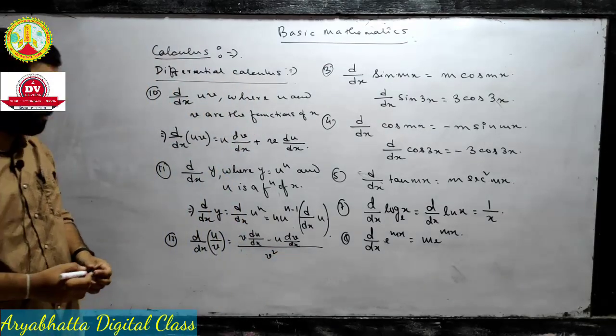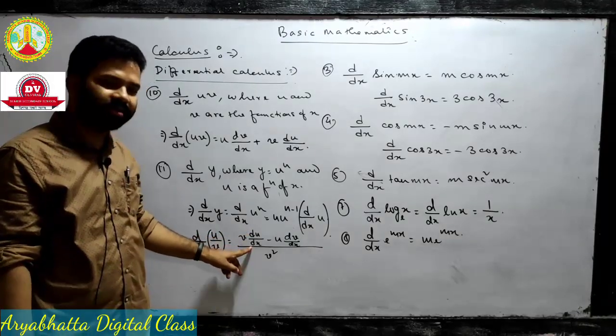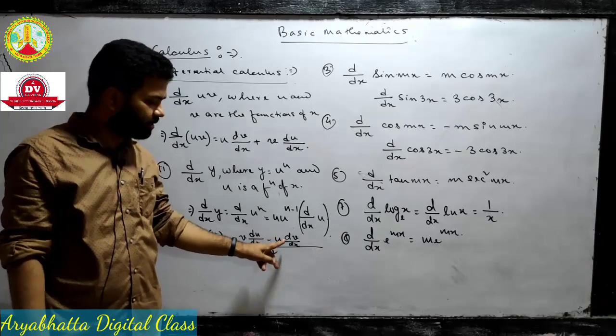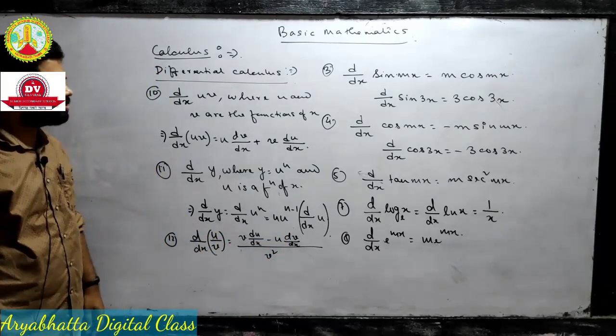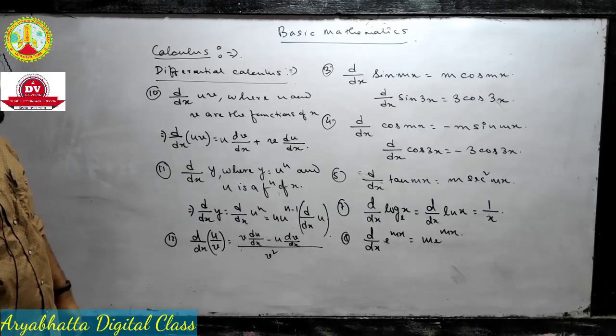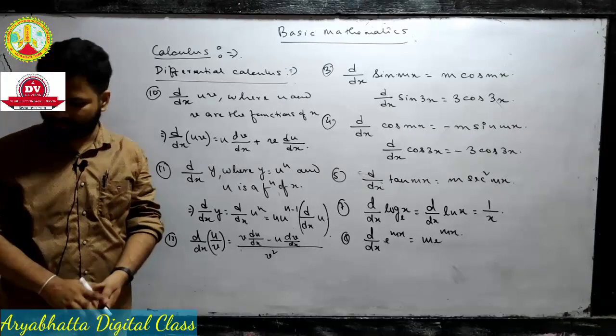Okay, then the formula will be: differentiate u keeping v constant, then differentiate v keeping u constant, divided by v square. So these are the formulas we will apply in physics, and if some additional formulas are required then I will give them in the class. Okay,